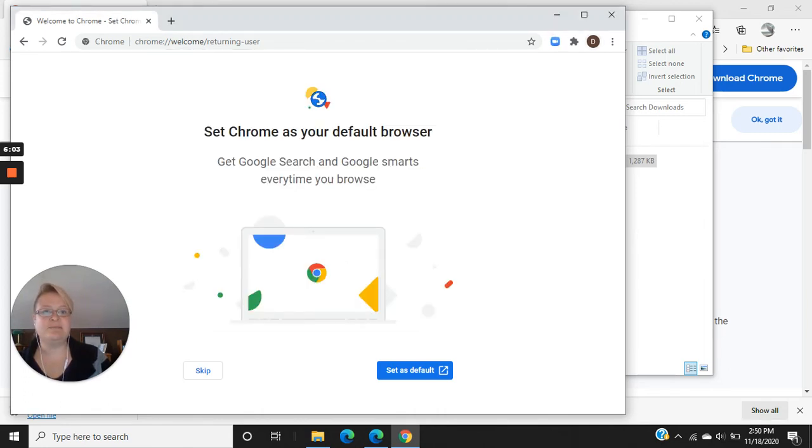Now you can see in the top right-hand corner, this demo account is now signed in to the web browser. We are signed into Google Chrome. I'm also going to set it as the default. Since students are going to be using Google Chrome for all of their work, it's convenient to set it as the default. So whenever they click on links, they open in Google Chrome. So I'm going to click Set as Default,